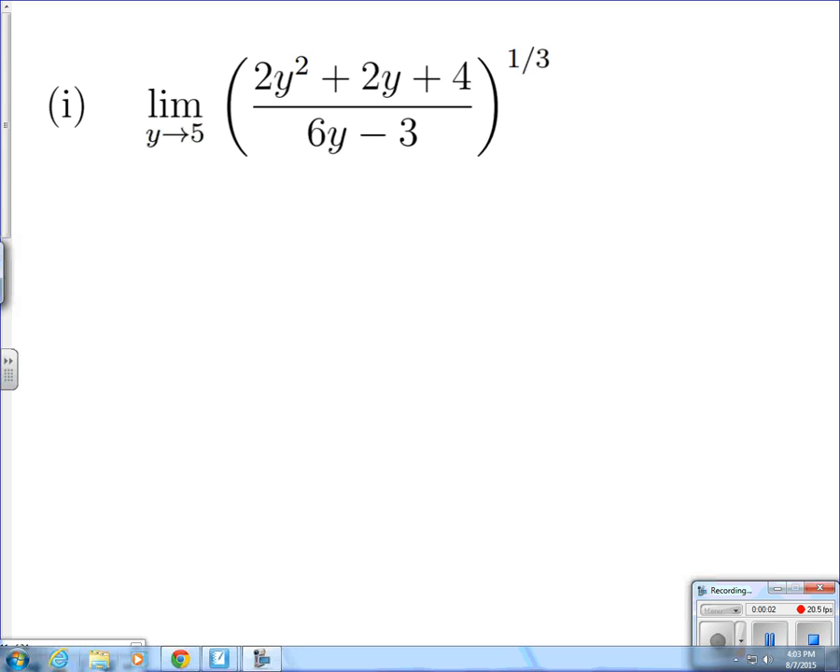Right now we're at 3i from the summer packet. We have the limit as y goes to 5 of this particular function, or expression I should say. And now we're going to go ahead and try direct evaluation, see what happens. So if we just plug in that 5, we end up with 2